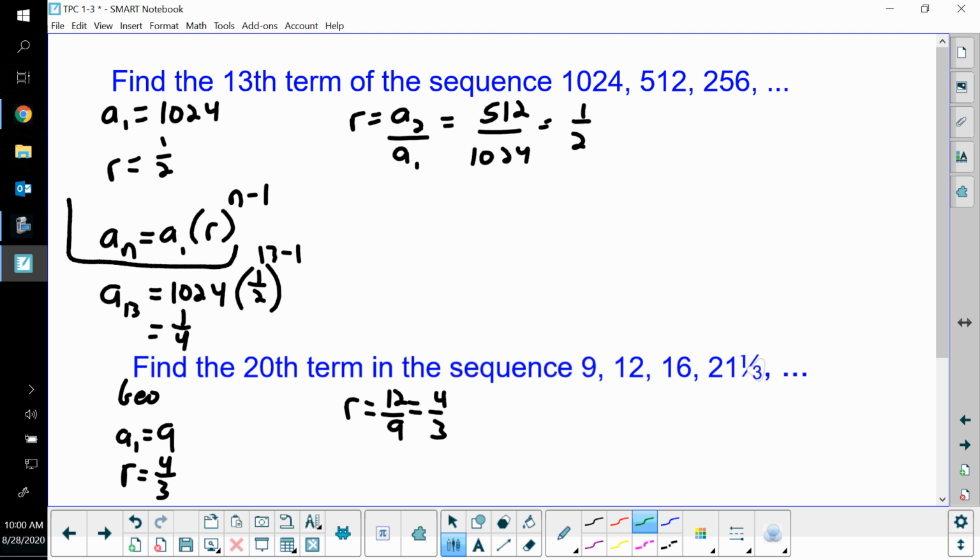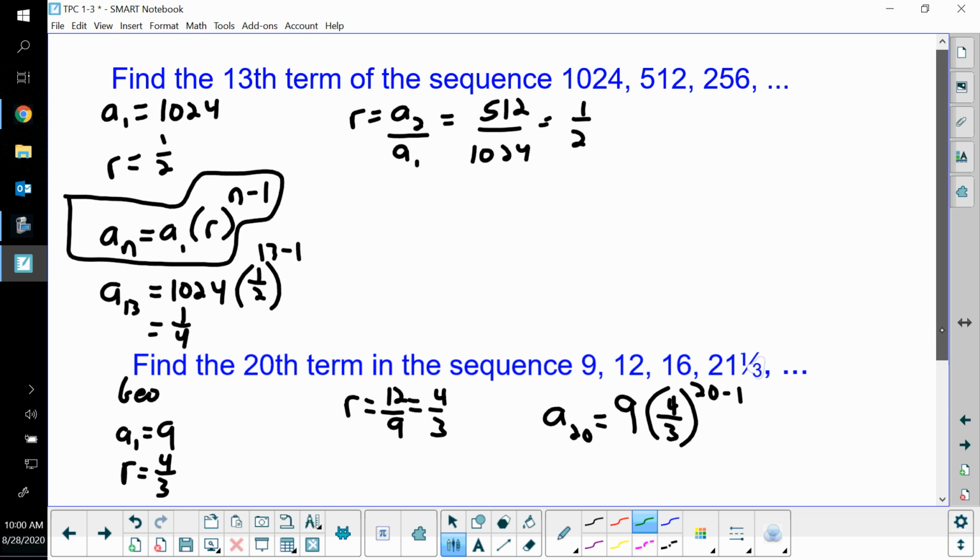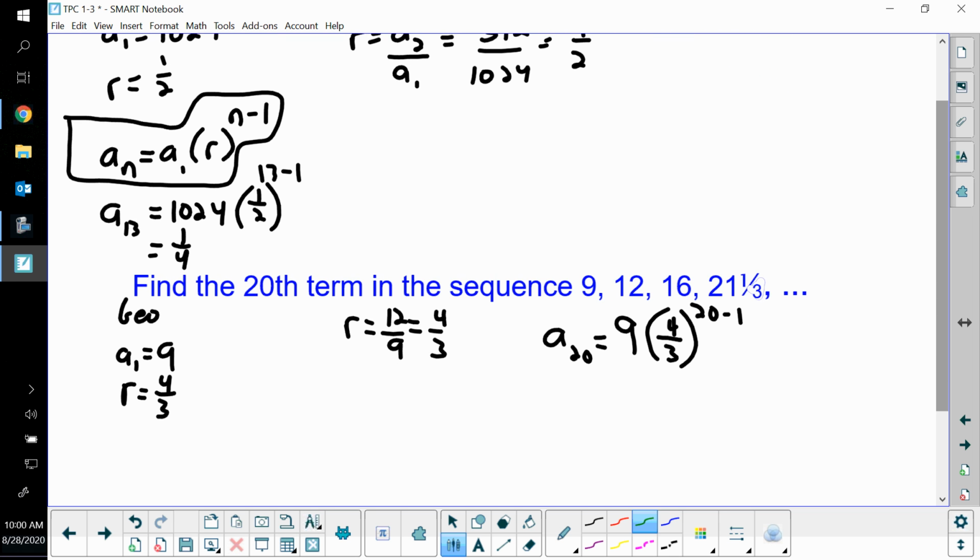We'll use this formula again. We're going to do the 20th term this time. So we have A20 is equal to 9 times 4/3 to the 20 minus 1. Make a prediction. We're getting larger each time, so we should get something larger than 21 and 1/3. And when you punch this in,